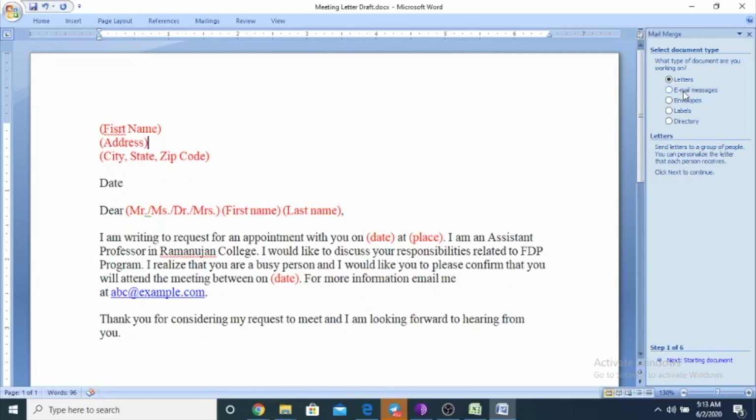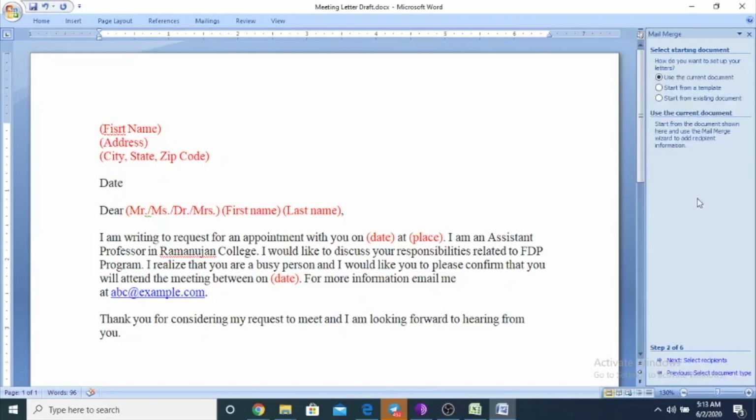As of now I am creating a letter, so I am choosing the letter format and clicking next. Now you can choose to use the current document or a new fresh document. I have already created this document, so I am choosing the current document, and then I am clicking next.